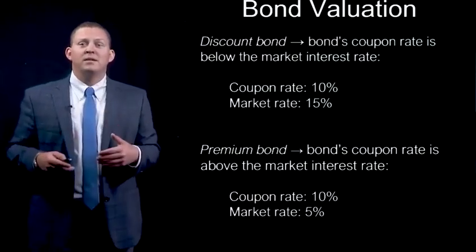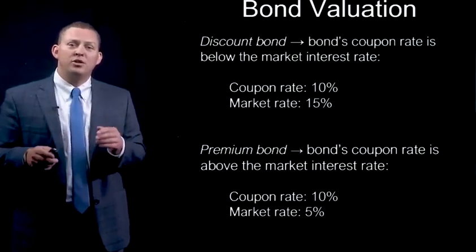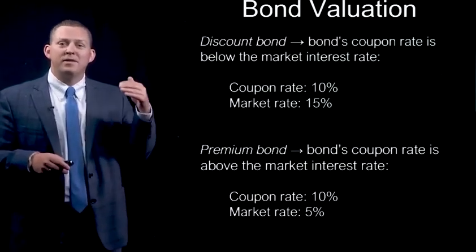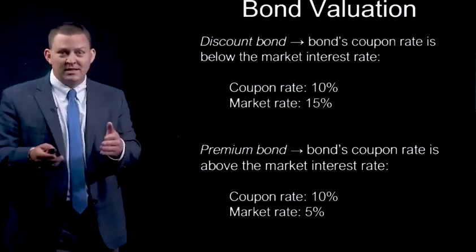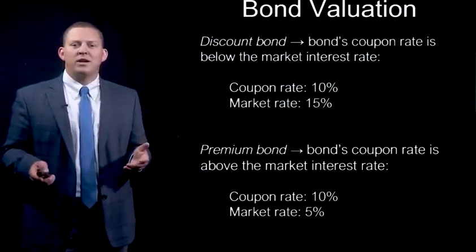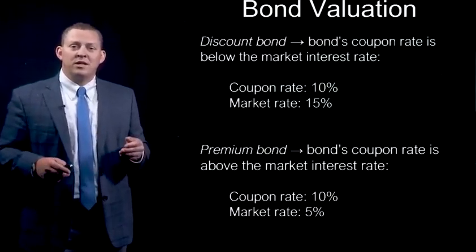The contrast is a premium bond, where the bond's coupon rate is above the market interest rate. In this example, the coupon rate is again set at 10%, but now the market rate is 5%. So this bond is paying